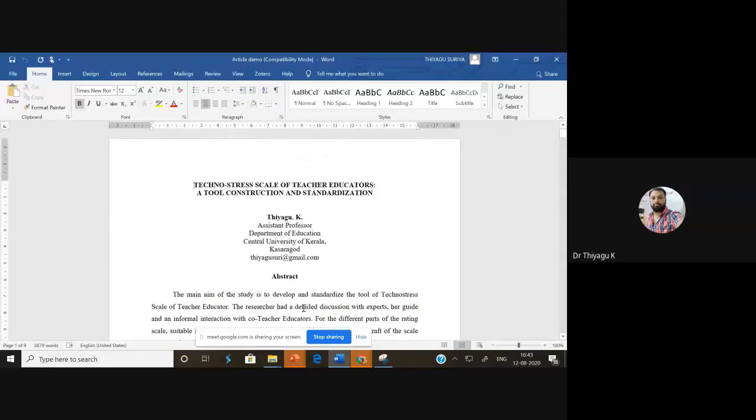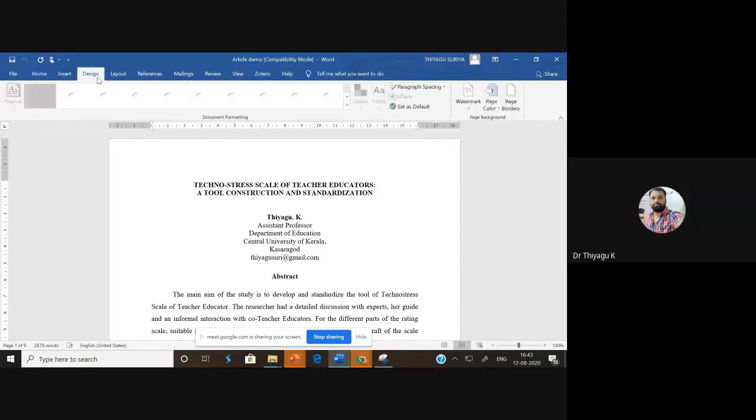So how can we ensure that this Word file is an A4 file or a letter? Normally, by default it comes in letter format only. So how can we change it? If you go to the design option, I hope all of you get it, the design options, we are getting the page border. For changing the page border, we have to go with this one.